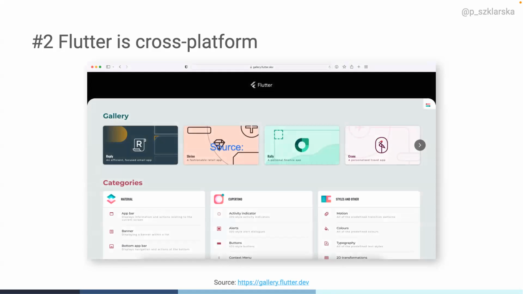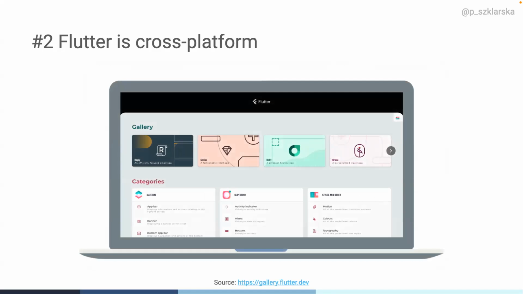And it's not only mobile. With Flutter, you can also develop, as I mentioned, for the web and for the desktop. And this application is going to look almost exactly the same, if you want. If you don't want to, you have a way to customize this. But if you want it out of the box, it will look exactly the same.